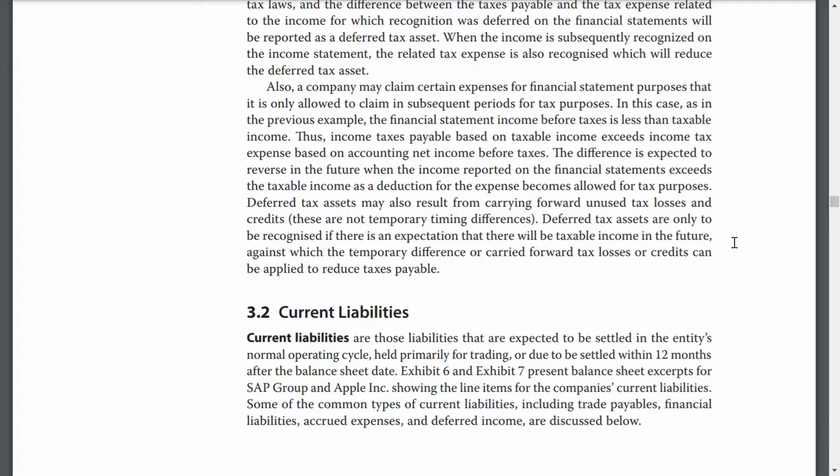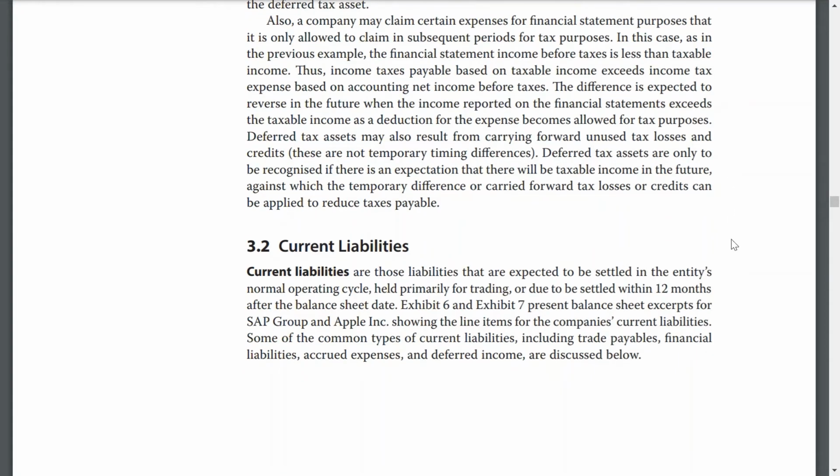3.2 Current liabilities. Current liabilities are those liabilities that are expected to be settled in the entity's normal operating cycle, held primarily for trading, or due to be settled within